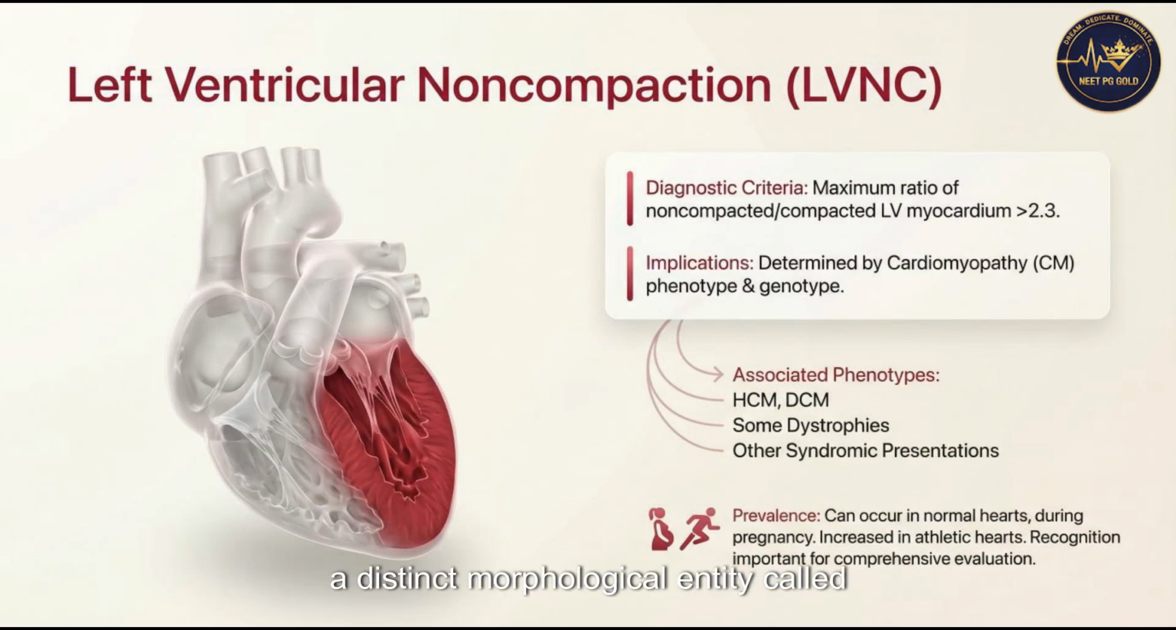Next is a distinct morphological entity called left ventricular non-compaction, or LVNC. This occurs when the myocardial compaction process stops prematurely during development, leaving the heart muscle looking spongy with deep trabeculations. For NEET PG, the specific diagnostic number you must memorize is the ratio of non-compacted to compacted myocardium. A maximum ratio greater than 2.3 is the diagnostic threshold. However, be careful with this diagnosis in athletes or pregnant women, as their hearts can develop reversible trabeculations that mimic this condition. True LVNC is often associated with other genetic cardiomyopathies or dystrophies,